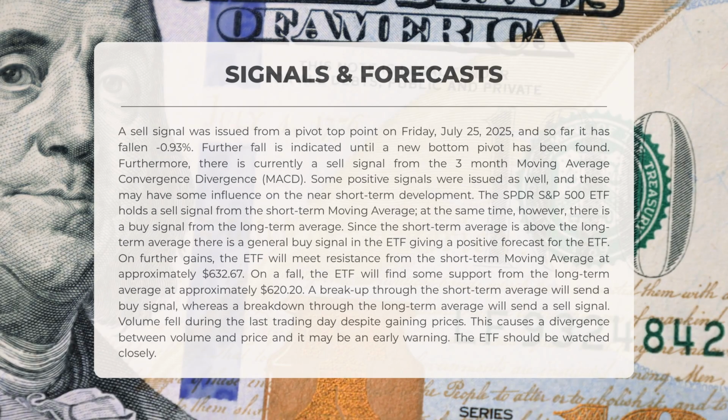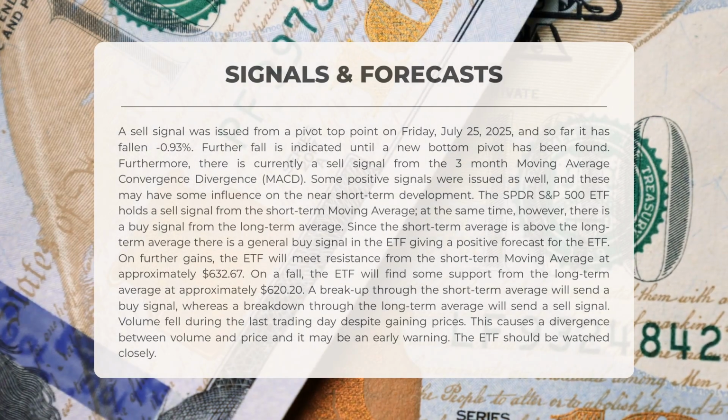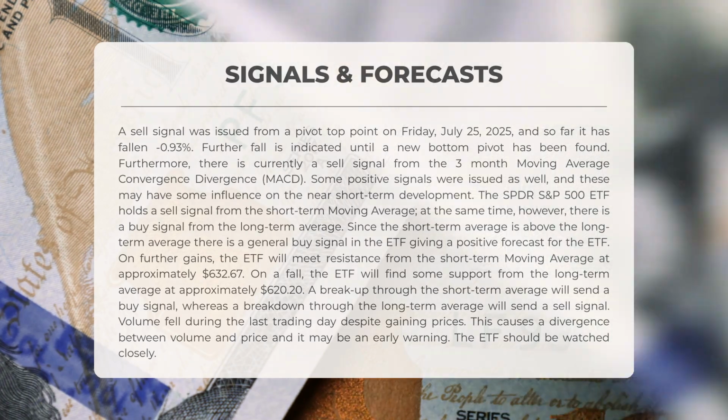The SPDR S&P 500 ETF holds a sell signal from the short-term moving average. However, there is a buy signal from the long-term average. Since the short-term average is above the long-term average, there is a general buy signal for the ETF, indicating a positive forecast. On further gains, the ETF will encounter resistance from the short-term moving average at approximately